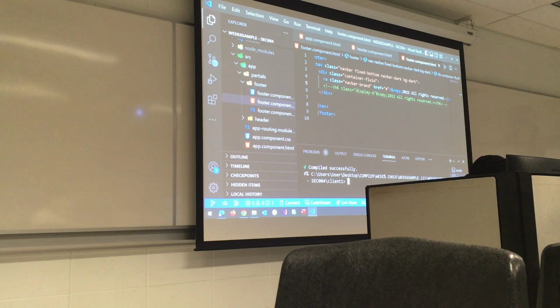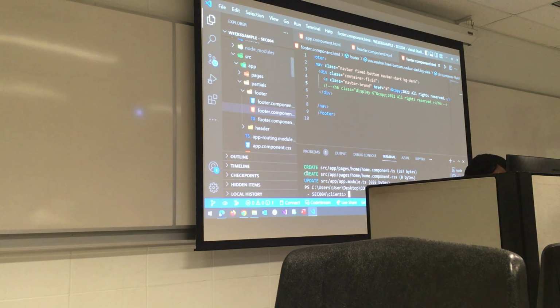Once you stop the server, type ng generate component pages/home. Enter. Make sure you are in your workspace. Be sure you are still in the client workspace.